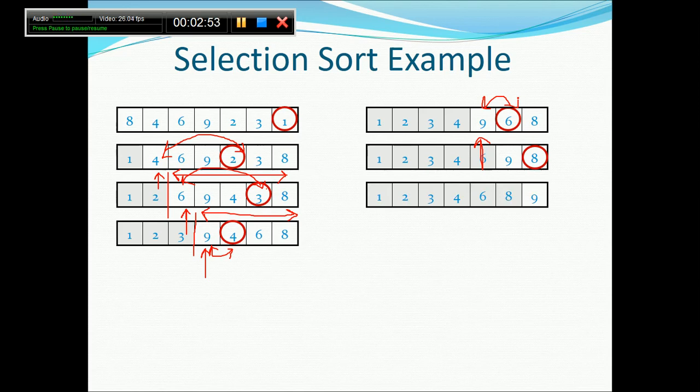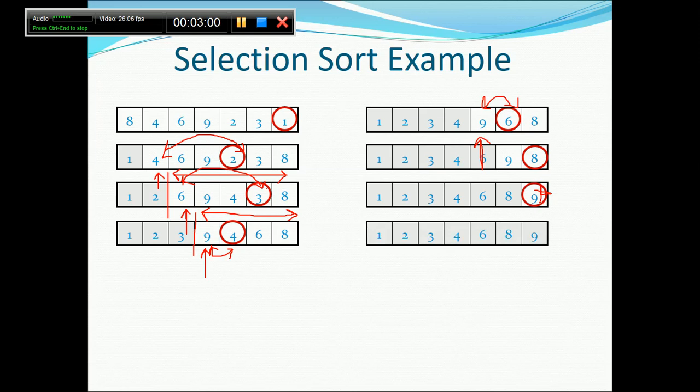Now if you can see, the last time it is not required to do anything because this is the last element and that is already sorted directly. One thing I am making clear: suppose the number of elements is n, we need exactly n minus 1 iterations. N minus 1 iterations are required to solve the problem.